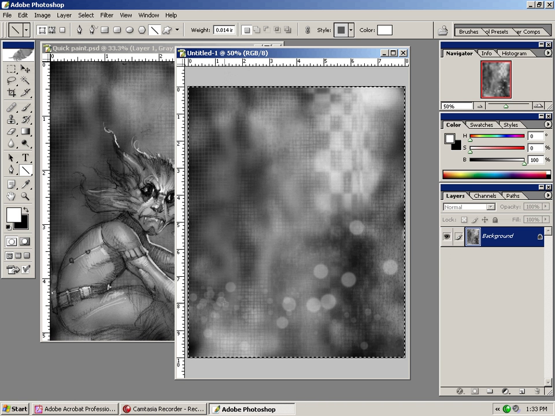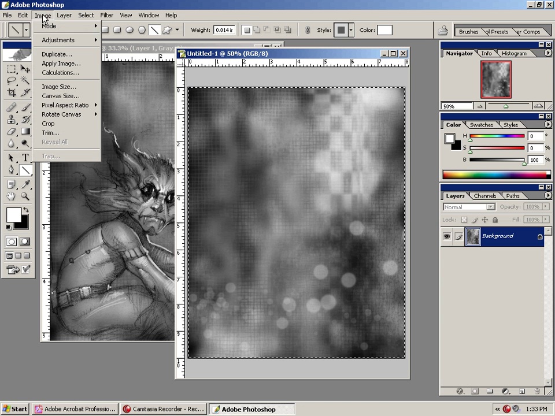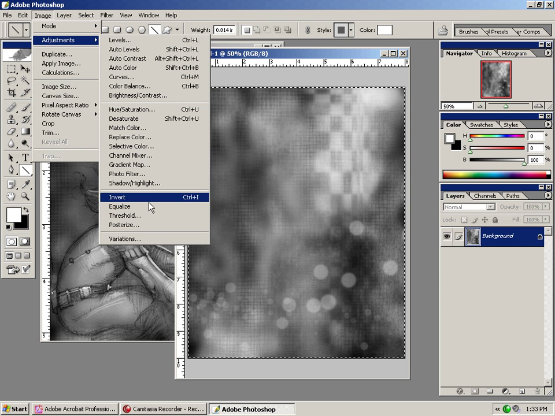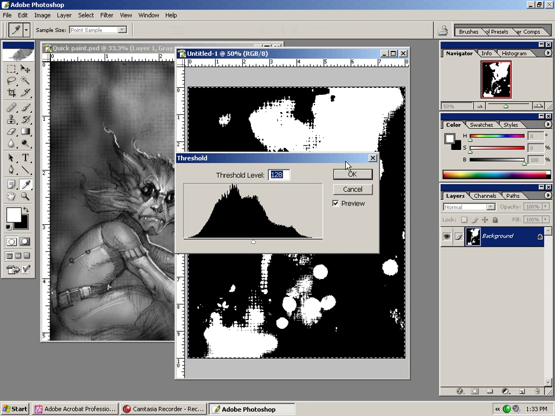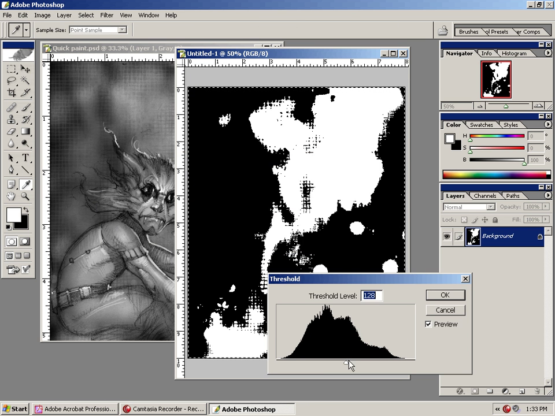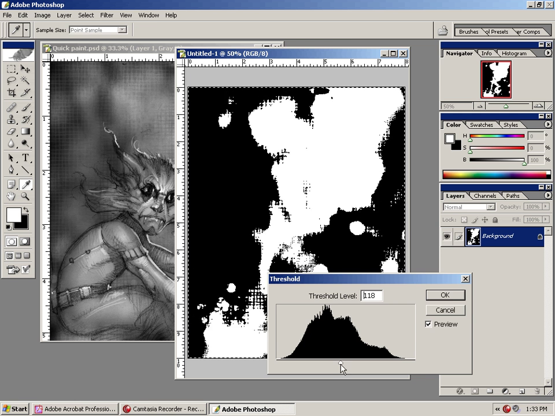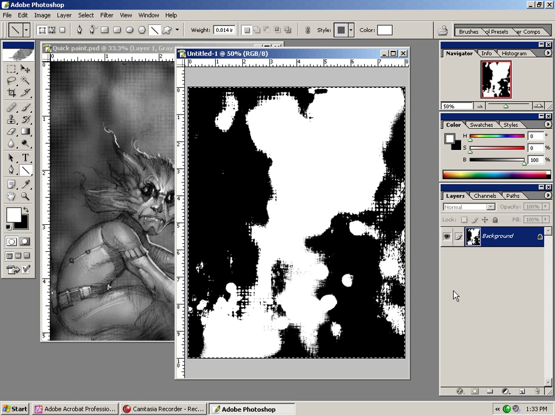that shows you how to use some of the texture brushes, with just the regular stock brushes that they have. You can get some really great, fun textures. Let's say we wanted to mess with that some more. The thing to play with too is the rarely used threshold, which I use a lot. See how that gives you these really hard patterns like this? And if I wanted to take that